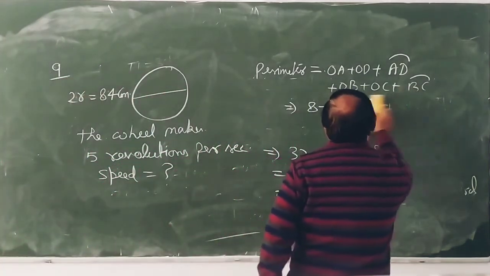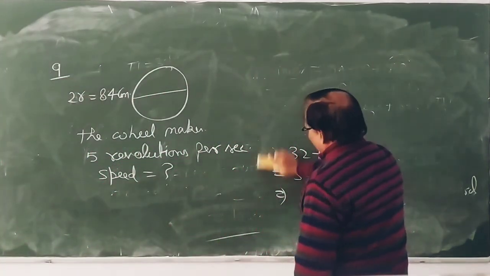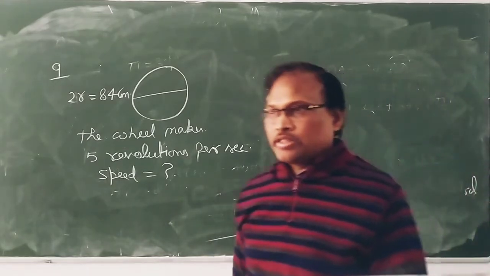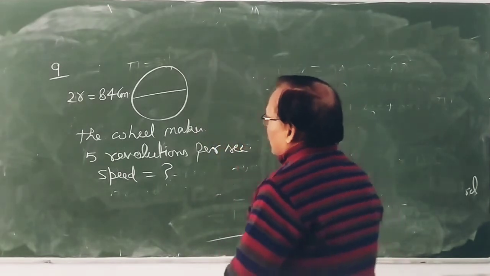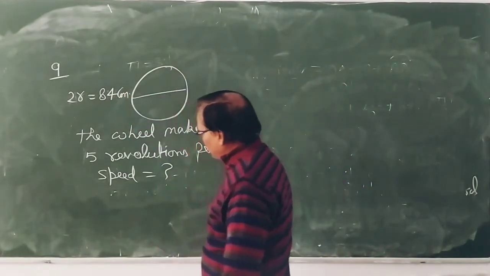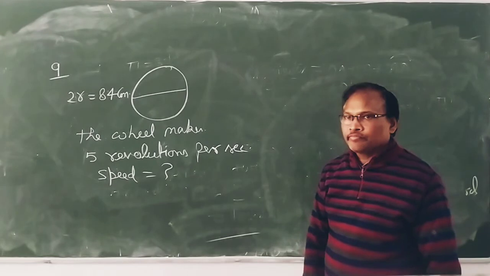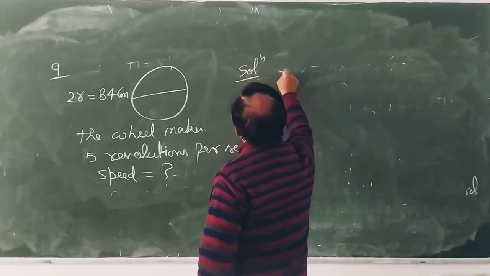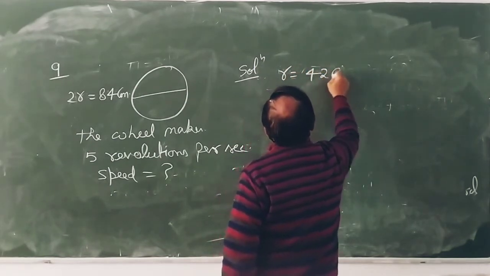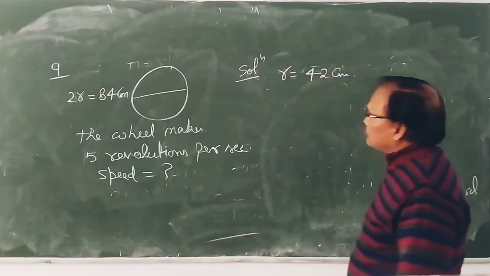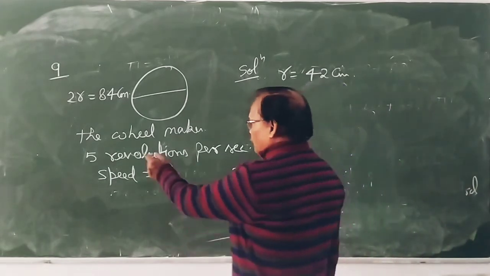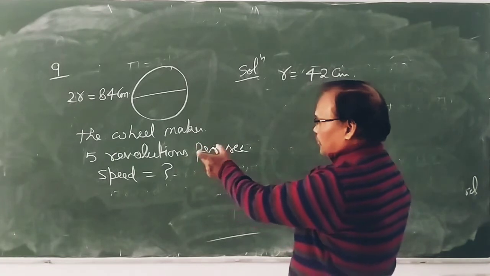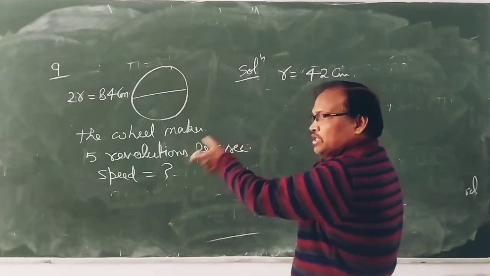मतलब ये जो व्हील है, दिस व्हील मेक्स 5 रिवॉल्यूशन पर सेकेंड, एक सेकेंड में 5 रिवॉल्यूशन, 5 बार चक्कर लेता है। डायमीटर ऑफ द व्हील इज 84 सेंटीमीटर, यू हैव टू फाइंड द स्पीड ऑफ द व्हील। तो हाउ टू फाइंड, पहले तो व्हाट इज आर, दैट इज 42 सेंटीमीटर, एंड देन अगर 5 रिवॉल्यूशन लेता है पर सेकेंड, 1 सेकेंड, 5 रिवॉल्यूशन इन 1 सेकेंड, सो 1 रिवॉल्यूशन,